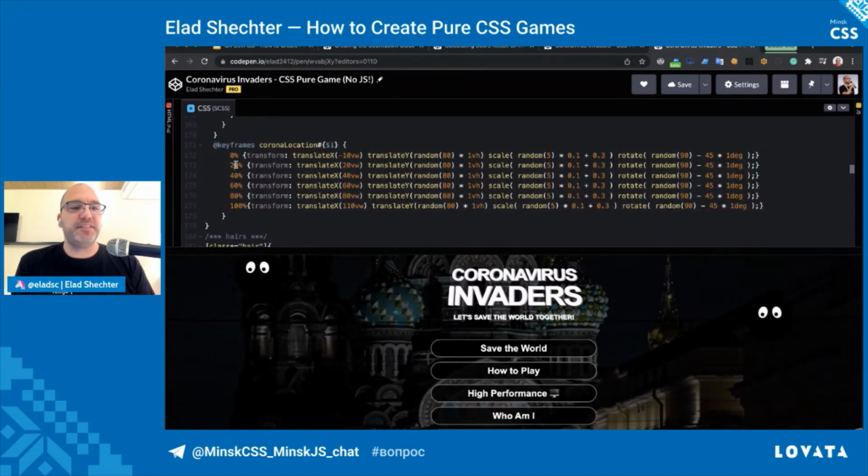Every virus has 6 different locations in the game. The translate X is always the same. But in the translate Y axis, I'm using the Sass random function. In this case, it randomizes a value between 1 to 80, and I'm just doubling it in 1vh. Even for the scale, I use the Sass random function, and even for the rotation, I'm using the Sass random